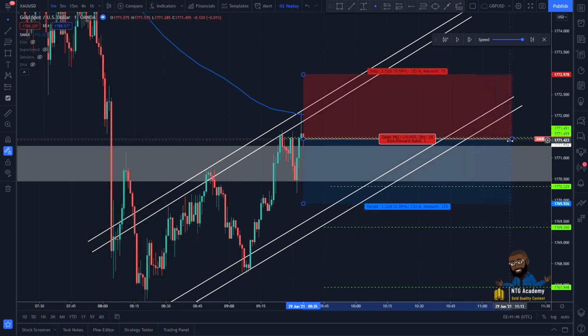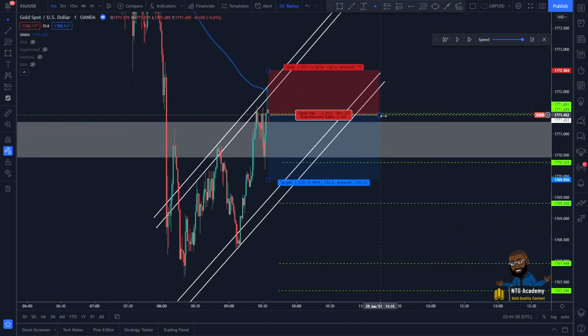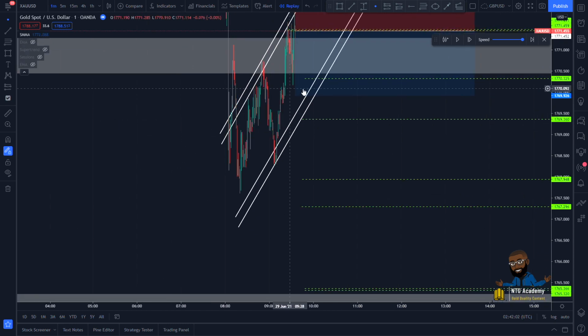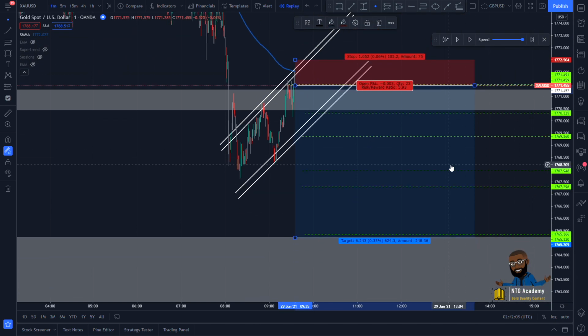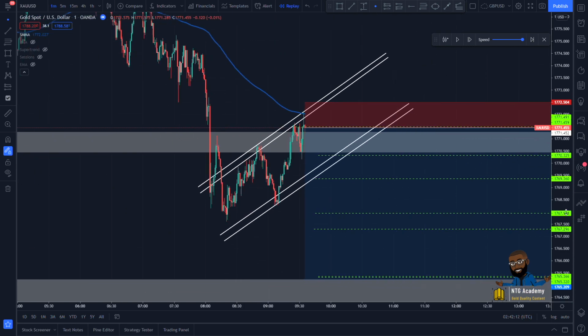And I actually exposed only 20% of my account here. So I was only risking 10 pips to gain 60 pips. All right. So this was like a 1 to 6 trade. But yeah, I just wanted to explain that a little bit because I know a lot